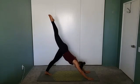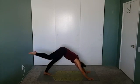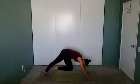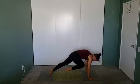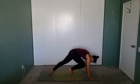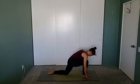Inhale, right leg reaches high. Exhale, knee to nose. Inhale, right leg reaches. Exhale, knee to right tricep. Inhale, reach it up. And exhale, knee to left tricep, crossing it over. Gaze is in between your thumbs. Inhale, reaching it up. And exhale, planting that foot in between your hands, lowering your left knee down, untucking the